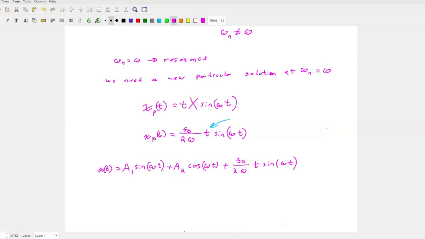Now, for capital A subscript 1 and capital A subscript 2,